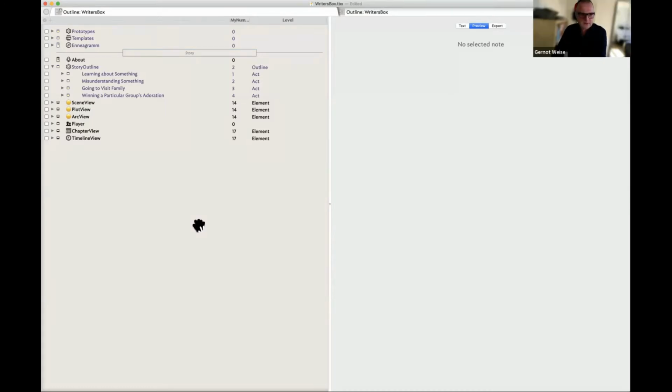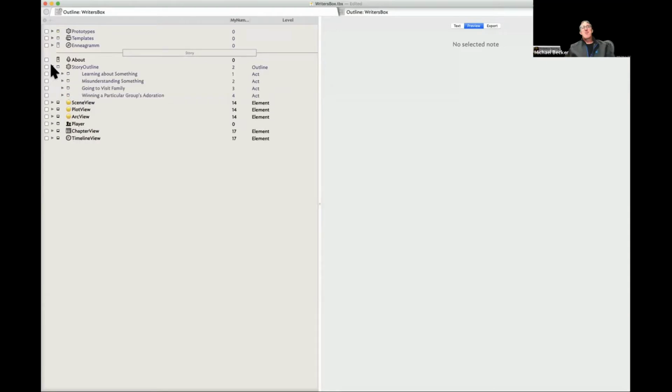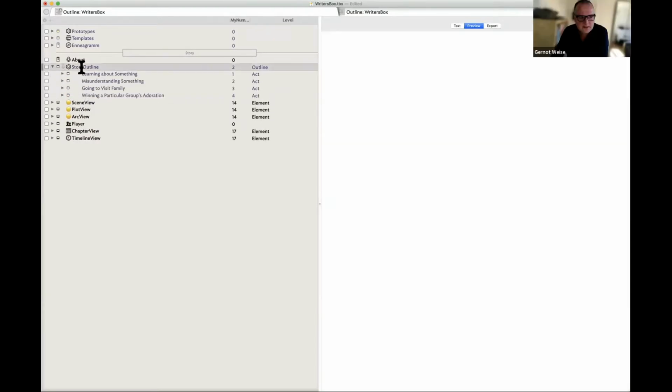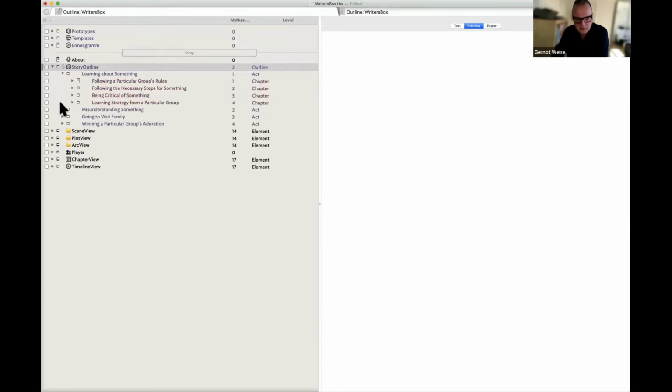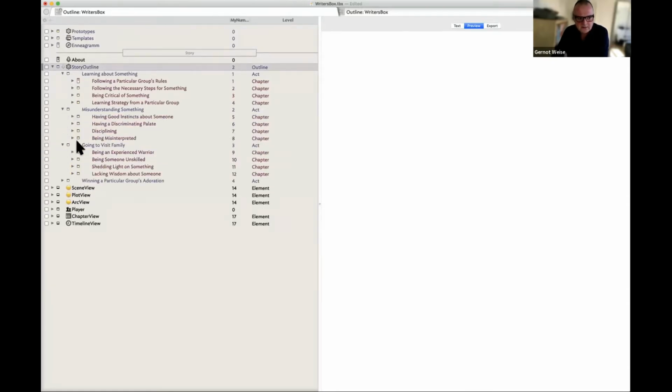Yeah. So basically what I have here, can you see? I can. Okay. Basically, the main container here is the story outline. As I already mentioned, this also comes from Dramatica, with the 4 acts. So there are usually 4 acts: the first act, the second act, the third act, and the fourth act.